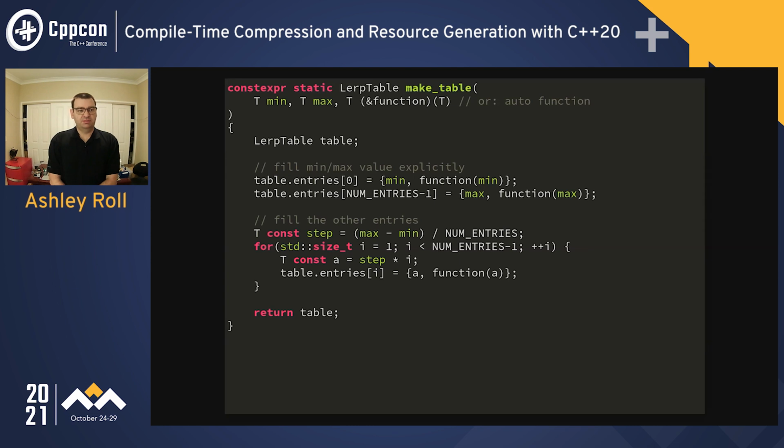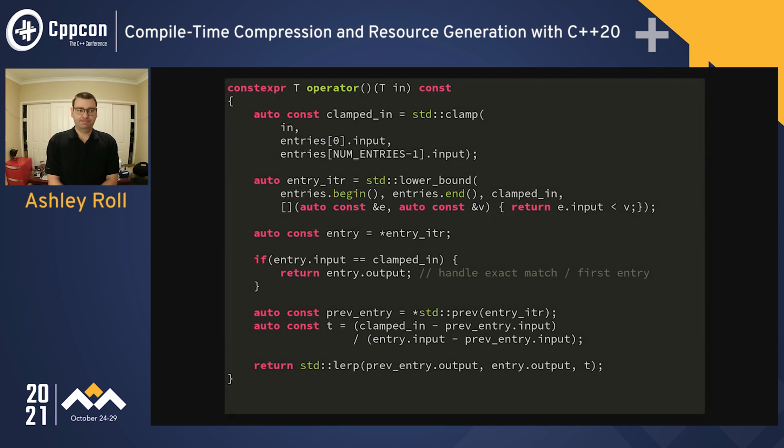Now, this static method simply allocates a table. It sets the first and last entries to the values explicitly to avoid rounding during stepping, and then fills in the remainder of the values in a for loop in the middle and returns a table. It's pretty straightforward, like you would do at runtime. Then when we want to look up a value, we